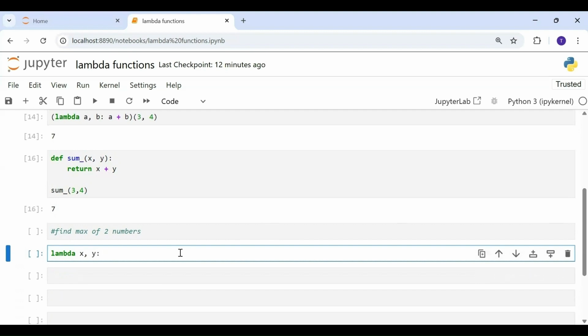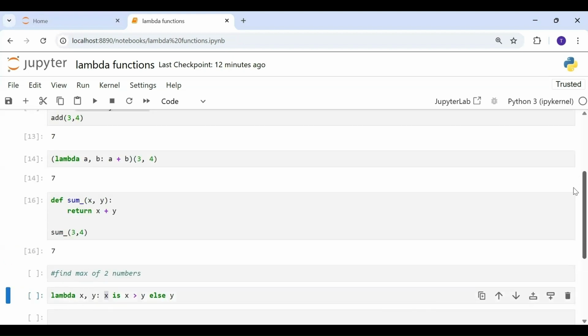Colon, and we have to check which of the two is greater. So we want it to return x if x is greater than y, else y. So what are we saying here? That return x if x is greater than y, else return y.